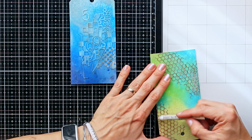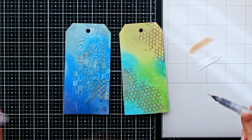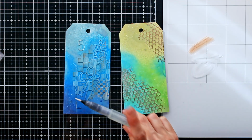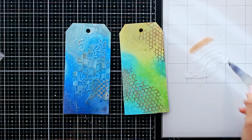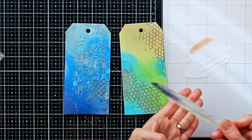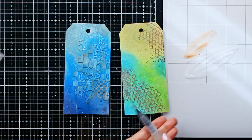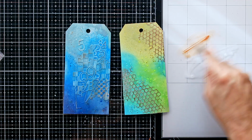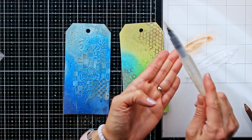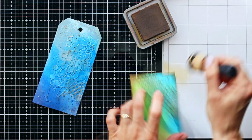And since already the nail colors were in my hand, I will use the same two colors to add a little bit of splatters to my tags. At this point I decided that I want a little bit of vintage touch to my tags,